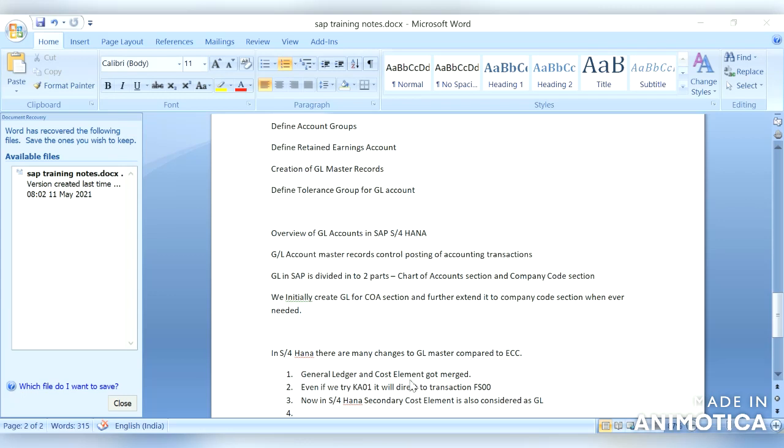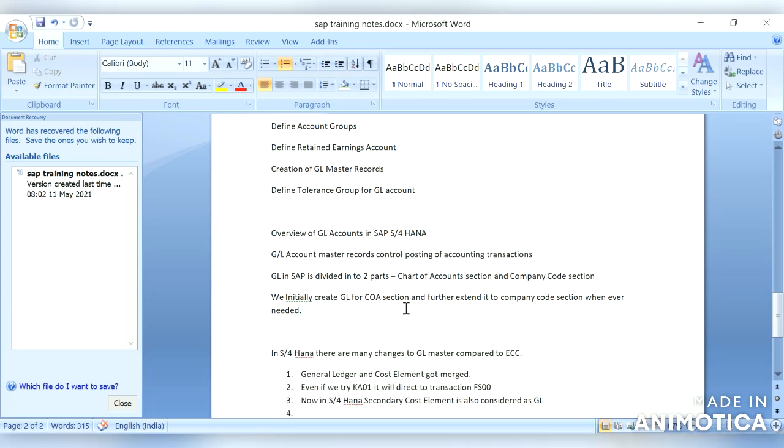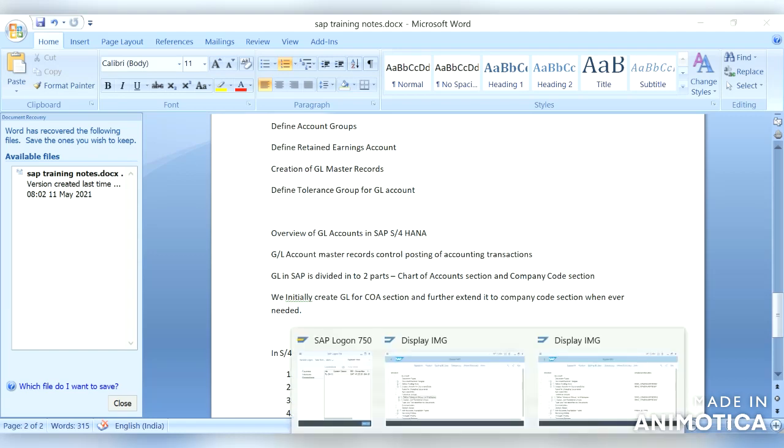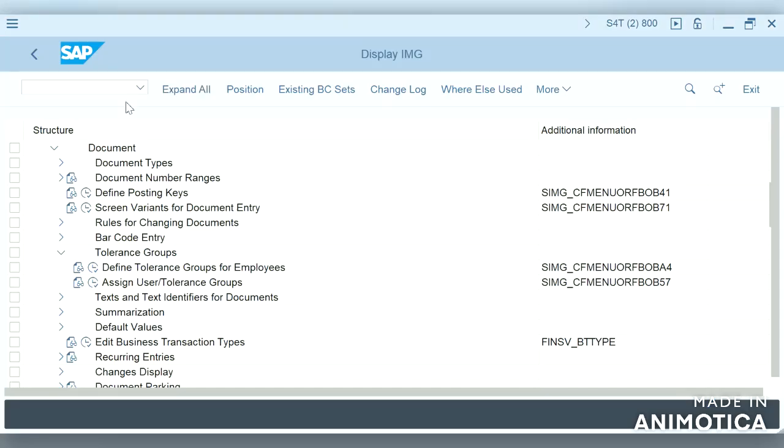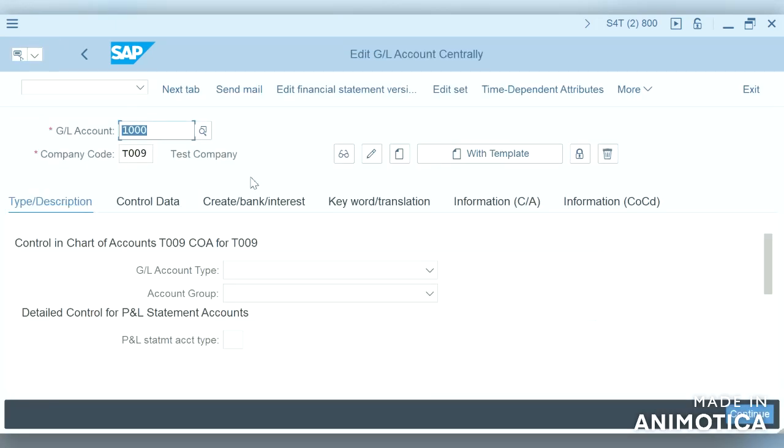Okay, now let us check GL account type. So GL account type, let us move on to SAP screen and click on FS00 and let us see what are all the fields we can see here.